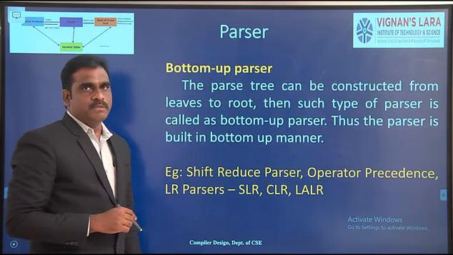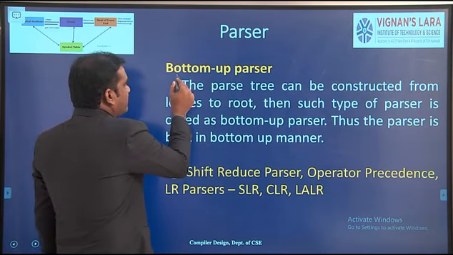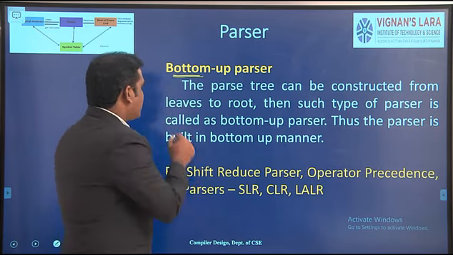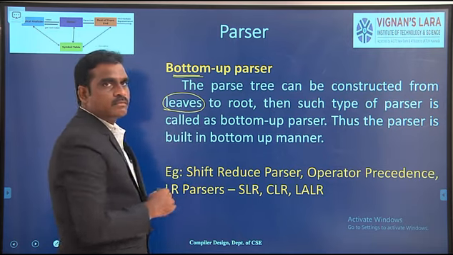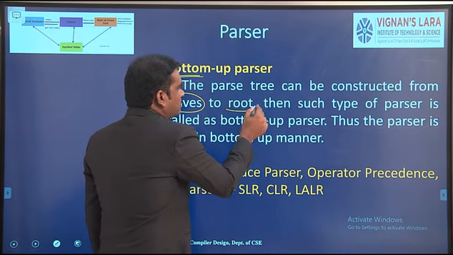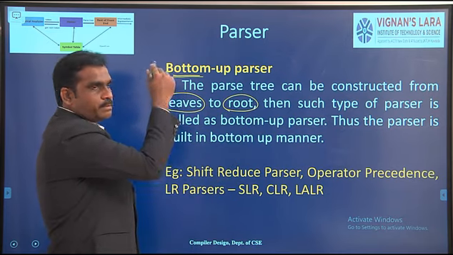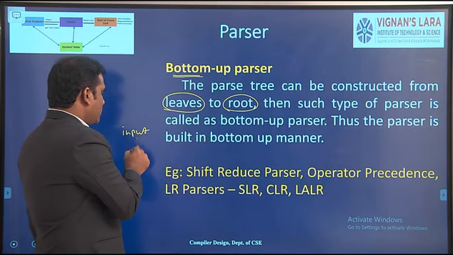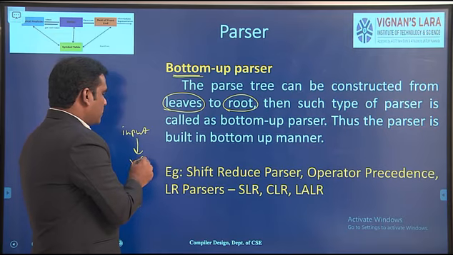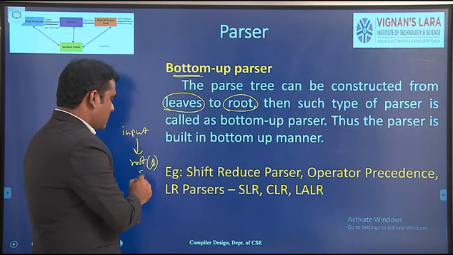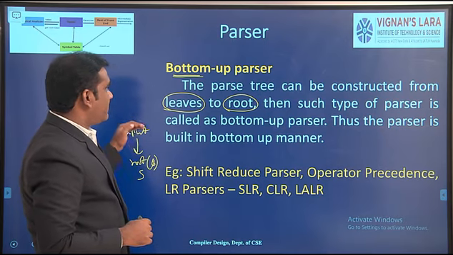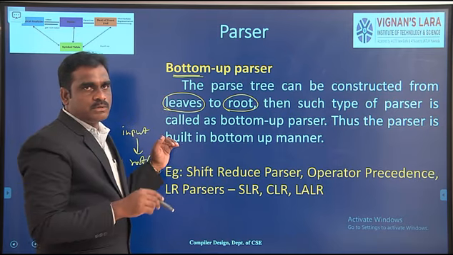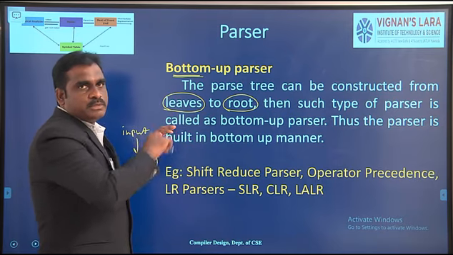And the second type is bottom-up parser. The name indicates that the first one is the bottom. Bottom means nothing but leaf nodes, and up means nothing but root. So in the bottom-up approach, the leaves, which are the input stream, move towards the root node. The root node is nothing but the starting symbol of the grammar. In this way we have to construct the bottom-up parser. Whereas the top-down parser starts from root to leaf nodes, the bottom-up parser goes from leaves to root.